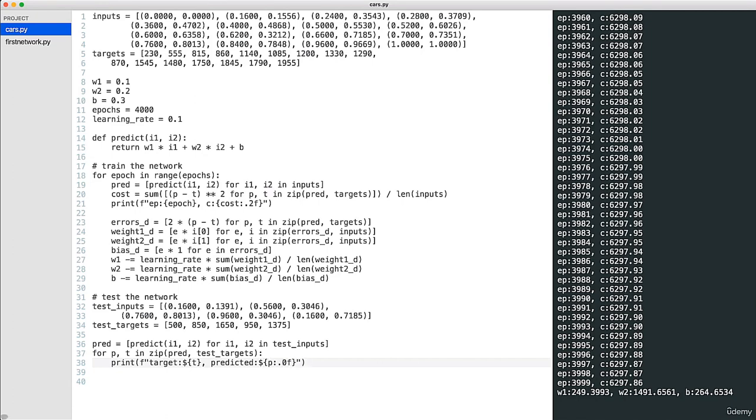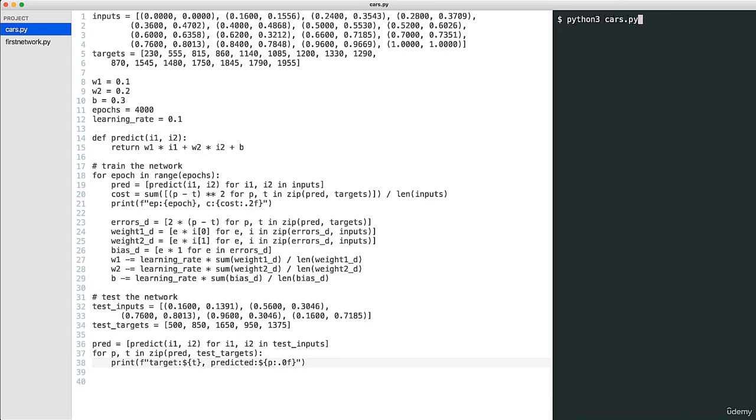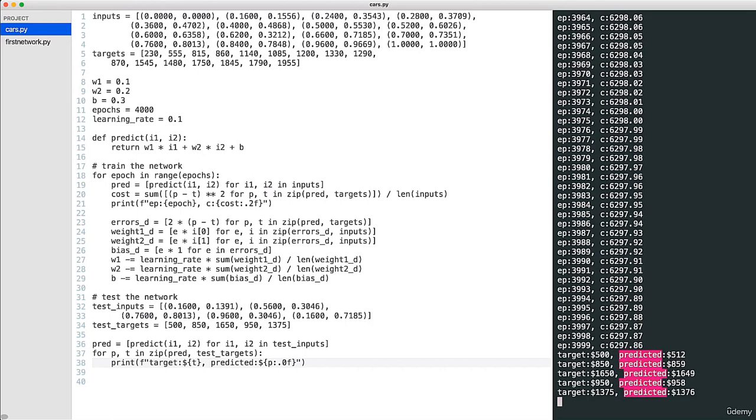Let's see how well the network can predict with the normalized values. That is very good. The predicted values are really close to the target values. Even anomalies like old cars with low mileages are predicted well, as well as young cars with high mileages.